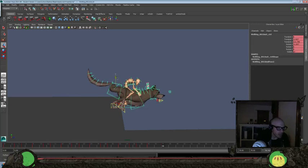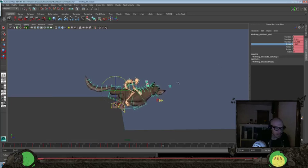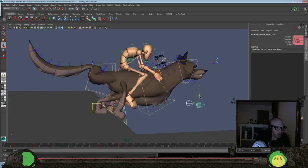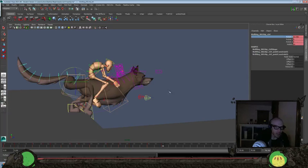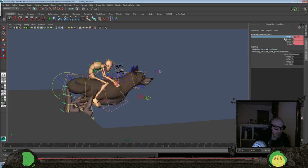Bring this down here. Rotate it up a little bit. What about these knees here? I'll have to figure something out. Get that brought down a little bit more here. And get that tail up